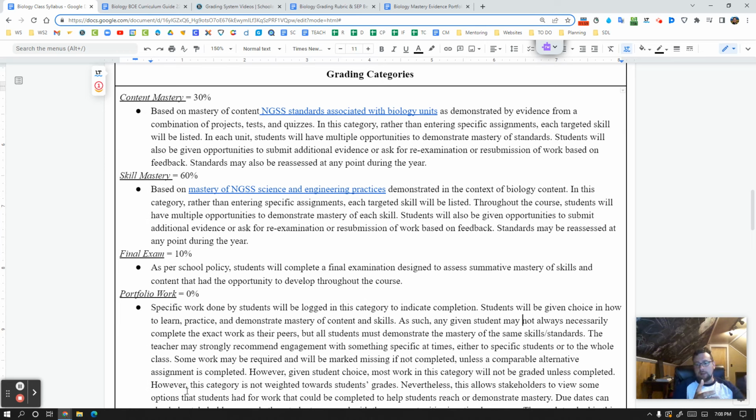Right, so let's talk about how the biology rubric is applied in the context of skill mastery. Remember, this is basically the science and engineering practices of the national science standards demonstrated in the context of biology. In this category of the grade book, rather than entering all of the assignments the students do, which instead get listed on the portfolio category, which doesn't actually count towards the grade, but tracks how the students do in each assignment, instead, you will see in the category of skill mastery each of the skills that you need to